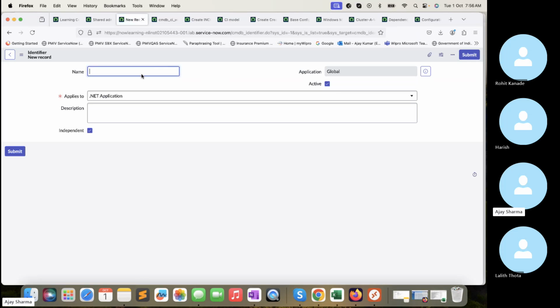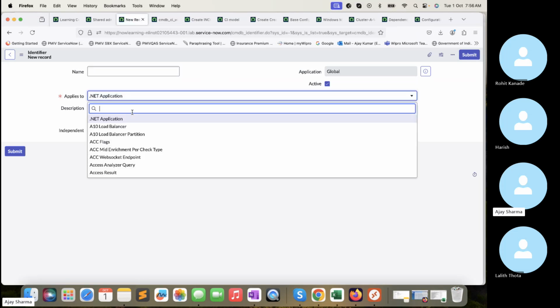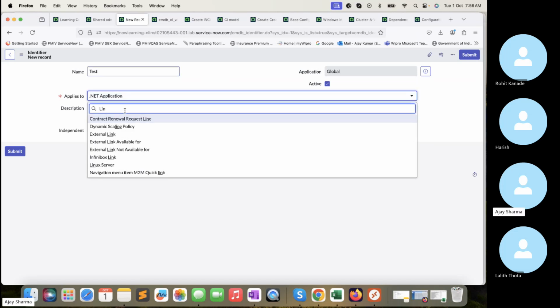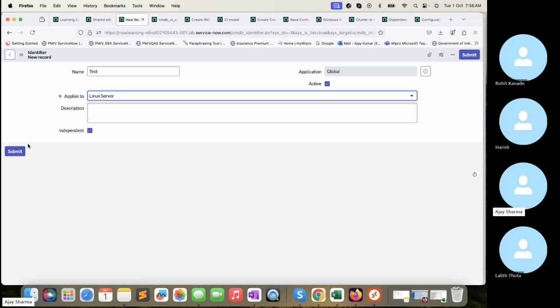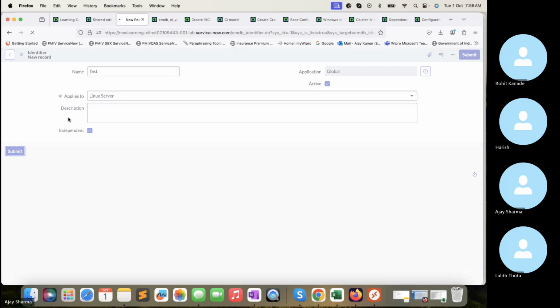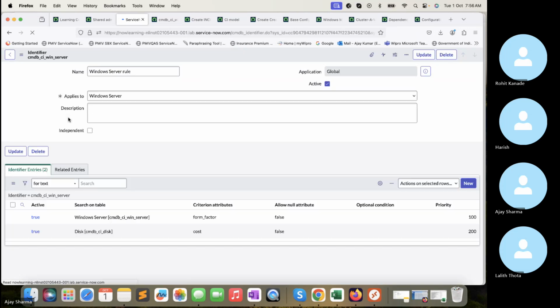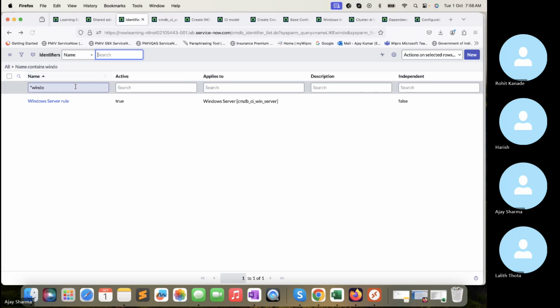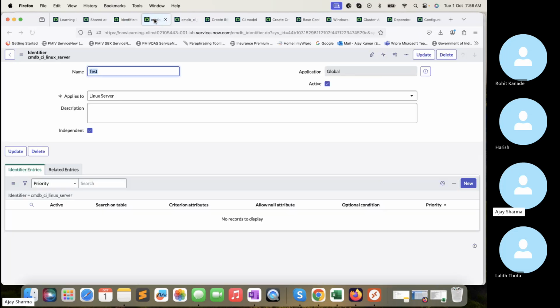If I go to create a new rule, I just need to put the name, table, description. Let me put test, let me put rule on the Linux. Okay, submit. Go back. You can see, if you are creating it here, you have to provide the identifier entry as well, right? If I'm going to create a new identifier entry,